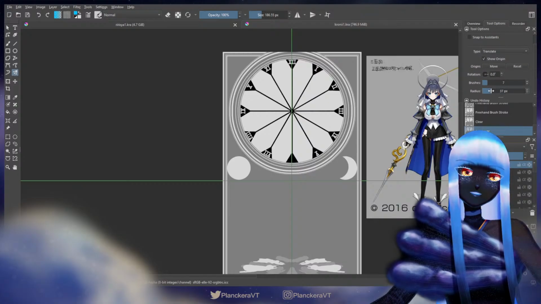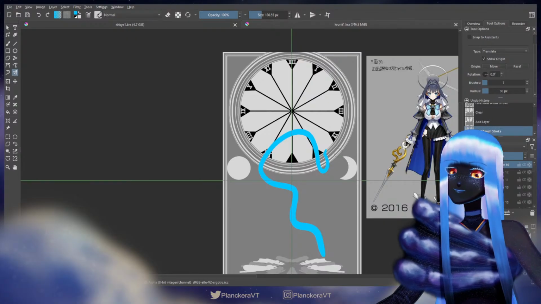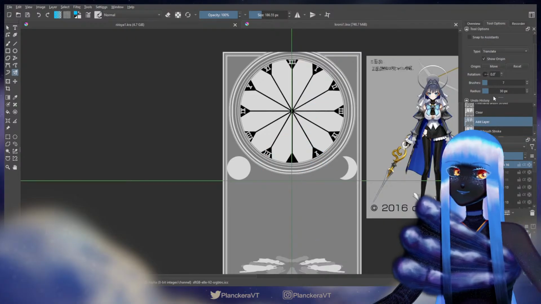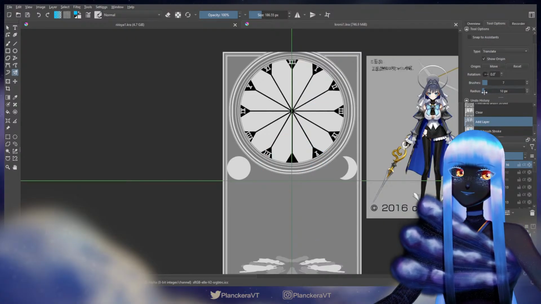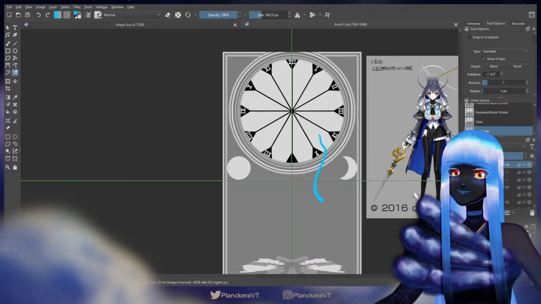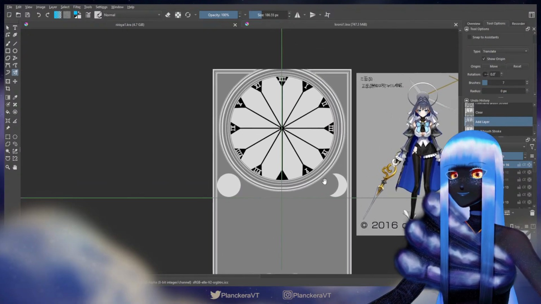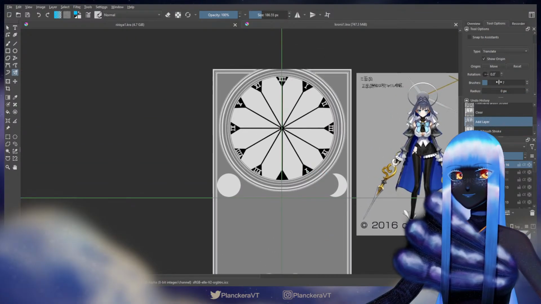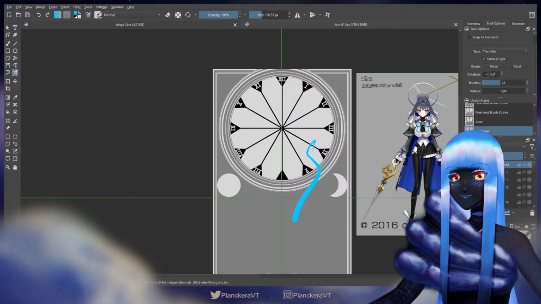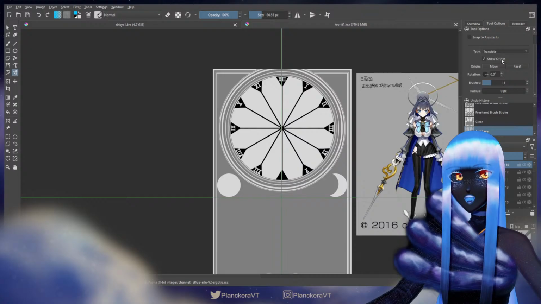Brushes, 7, radius, I don't know. I still don't really get what translate does.